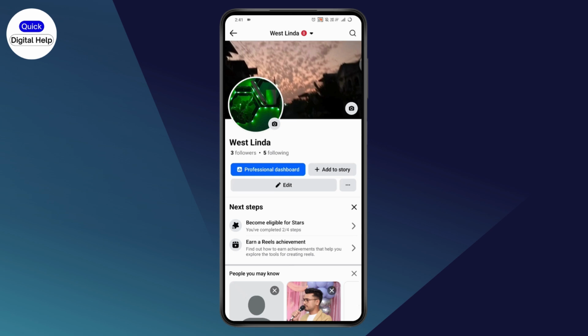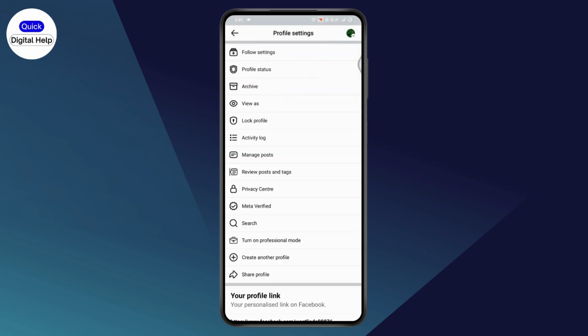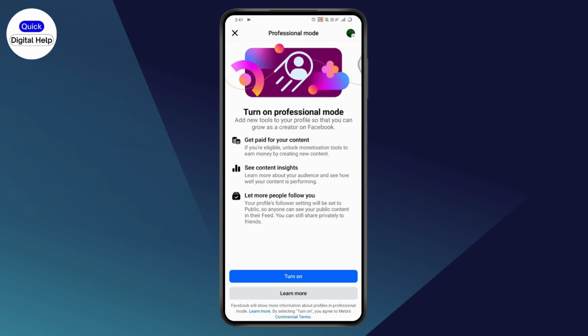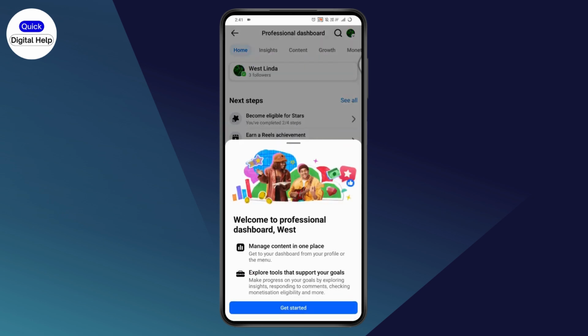So if you want to do the same, then what you can do is just go to the right side, which has that 3 dots icon, and here you will have an option of turn on professional mode. So we'll tap on turn on professional mode, and again tap on turn on, and your professional mode has been